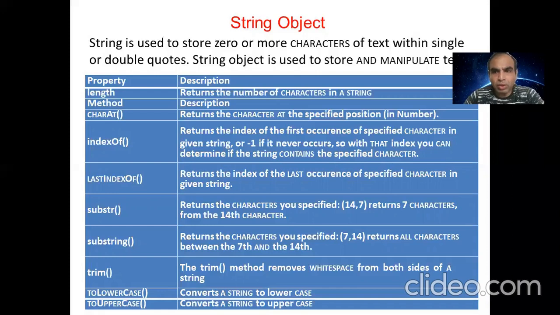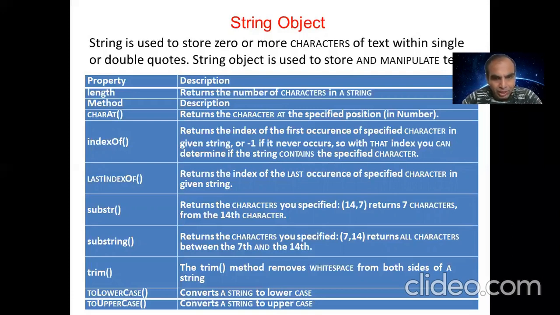We find the index number, and it always starts with zero, as in an array. So indexOf gives the index number, and if the character never occurs, you can determine that the string does not contain the specified character. We find that particular character's index number, which always starts with zero, then plus 1, plus 2, plus 3 characters. LastIndexOf returns the index of the last occurrence. Suppose the last index is 10, so we can find the character value at the last index.